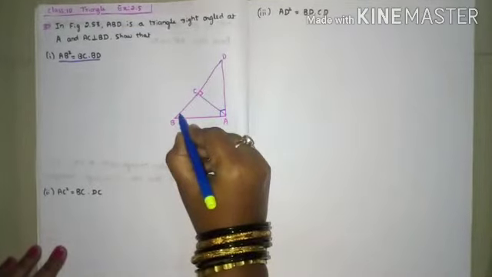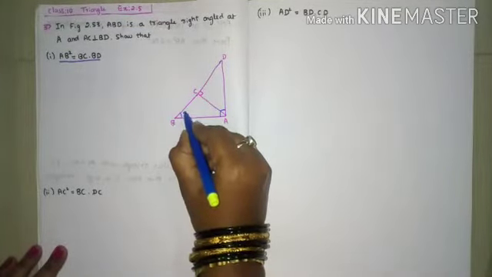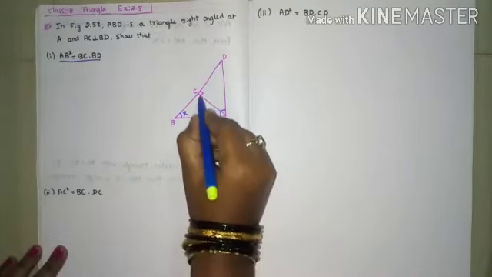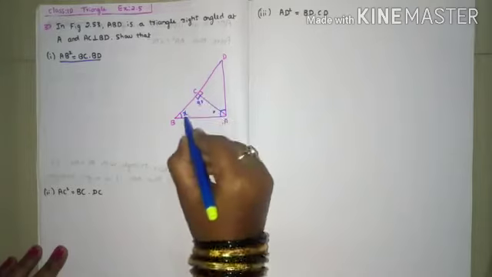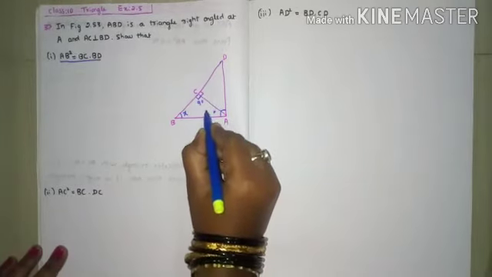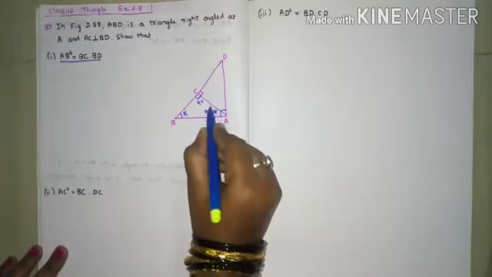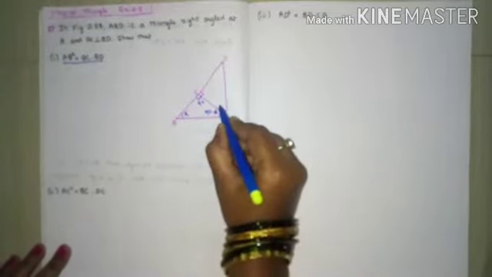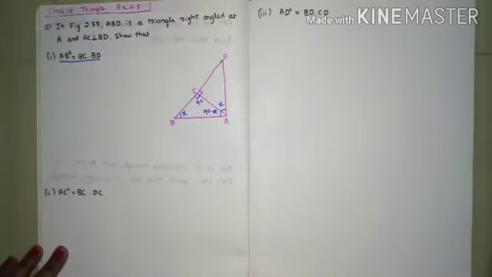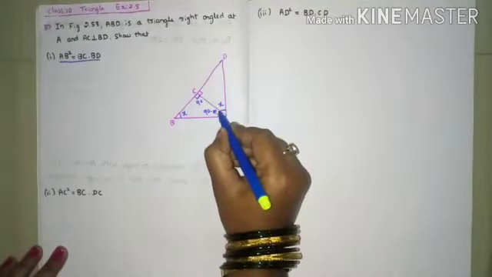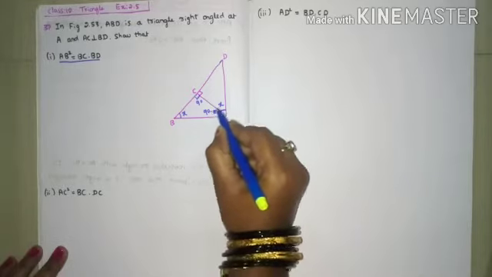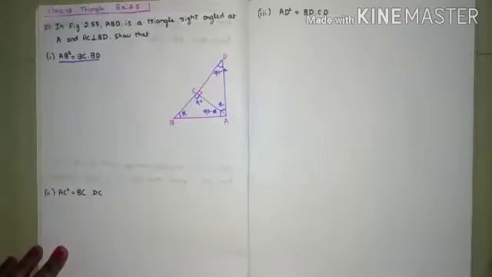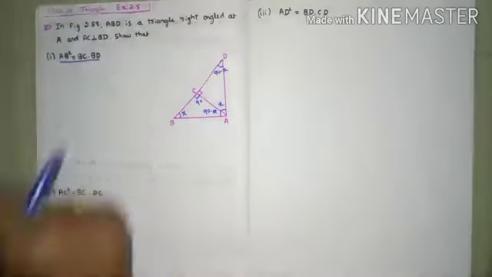In the last sum we did like that, we have to name the angles. This is X, means this is 90 degree. Sorry, here it is 90 degree. Here it is 90. This is X, this is 90, means this will be 90 minus X in the smaller triangle. Now this total angle is 90. This is 90 minus X, means this will be X, because total is 90. Both together it is 90. So this will be 90 minus X. If you name like this, it is easy to solve this result.